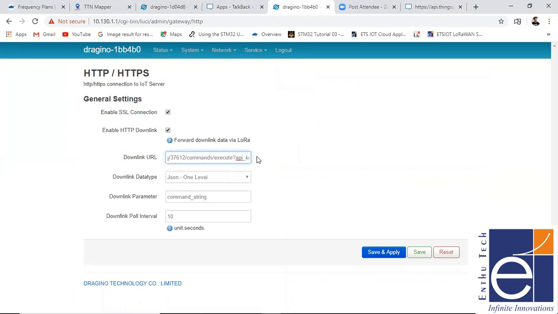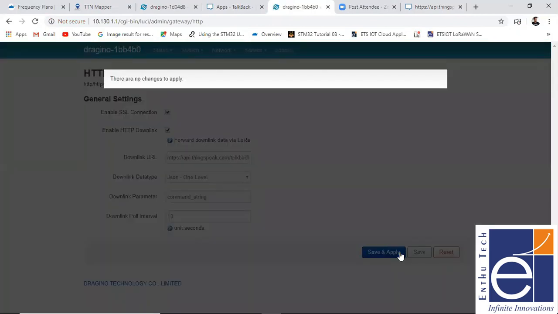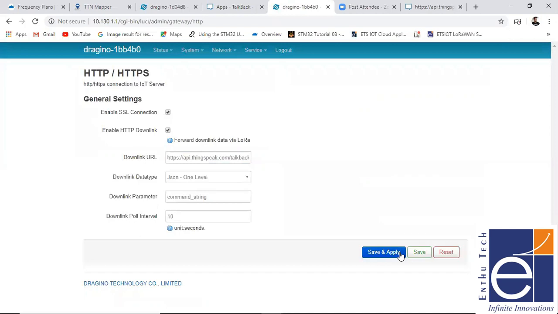Here I'm removing the .json and putting a question mark here. So after that, click save and apply. So now you have configured your gateway for both MQTT as well as HTTPS connection.